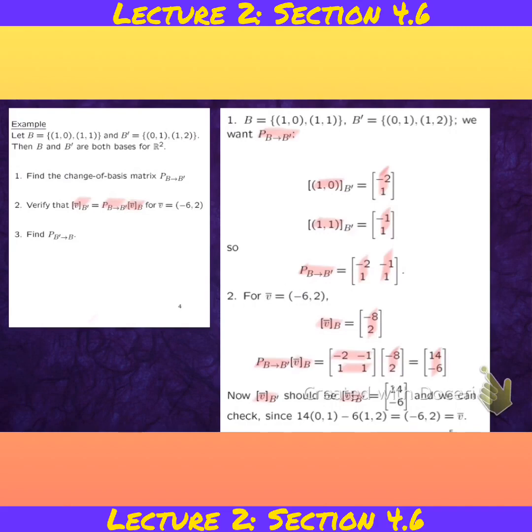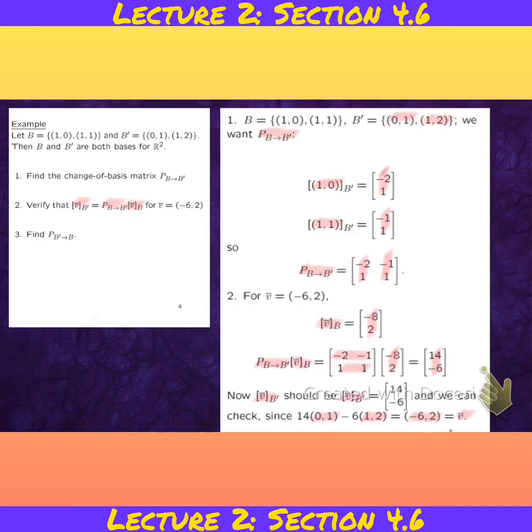We do that by writing the vector (-6, 2) as a linear combination of the vectors in B prime. Okay, and that's easy to do. So that's the first one in B prime, that's the second one in B prime, and you can easily verify this linear combination, that 14 times (0, 1) minus 6 times (1, 2) is in fact (-6, 2),